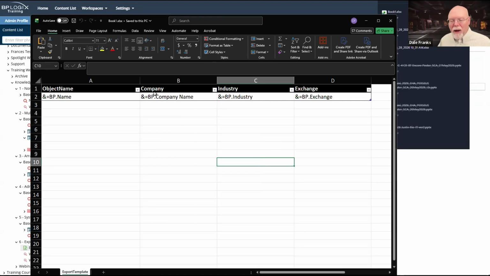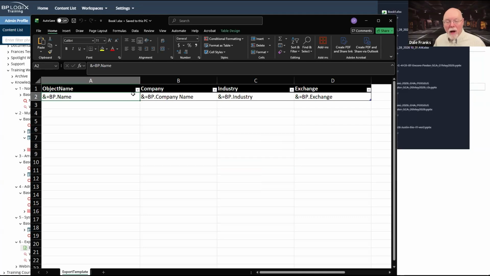And I have to define where the data from my knowledge view is going to go. The way that I do that is with this syntax here. The important bit is ampersand equals BP dot. That tells Process Director, or not Process Director, but Excel, although it also tells Process Director, that this is a BP Logix deal.